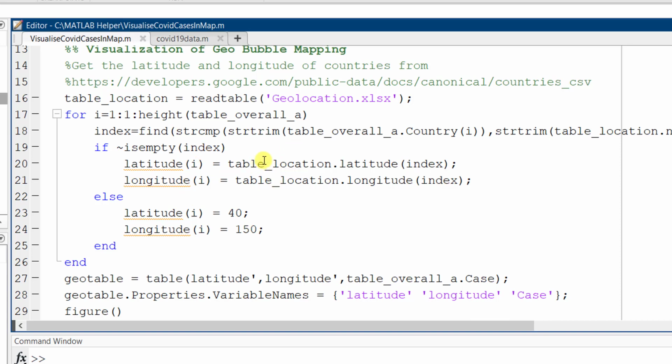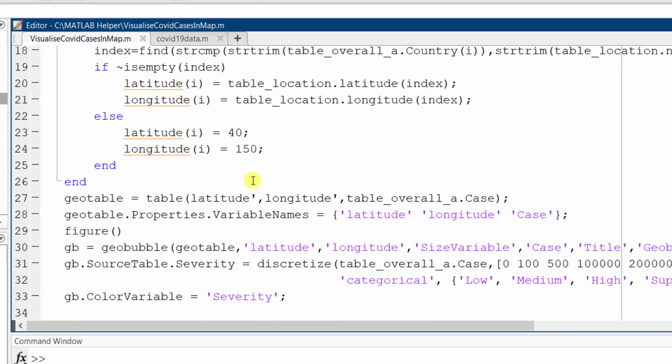So for example, we have taken India and found its index, and now find its latitude and longitude location from the table location, and we are storing it in latitude and longitude variables. In case the country is not found, then by default we'll store it as 40 and 150. Now we are creating a new table with the required parameters and we'll name it geotable.